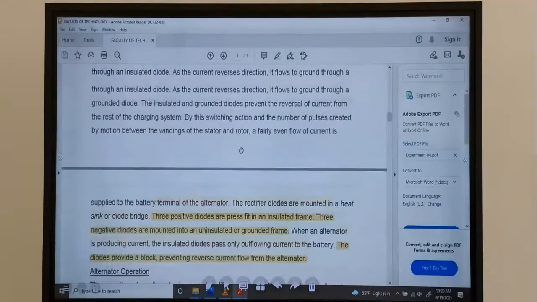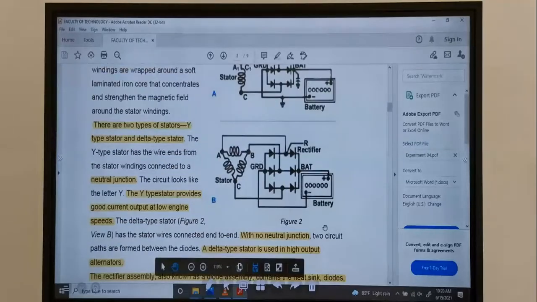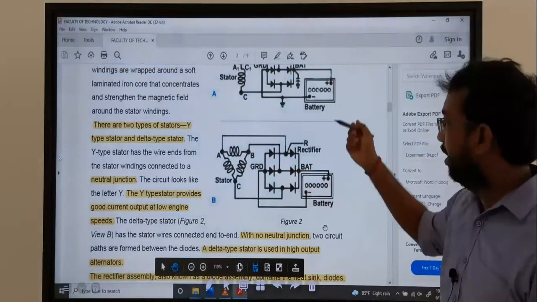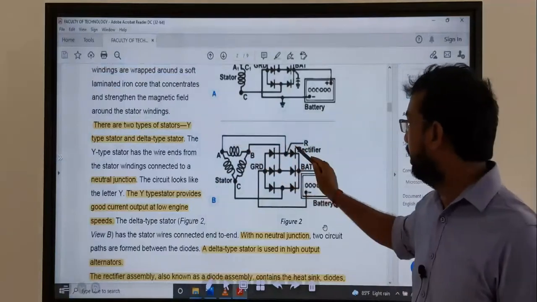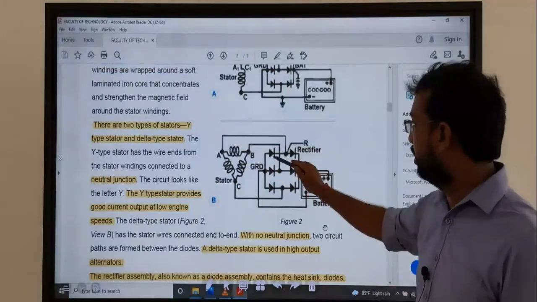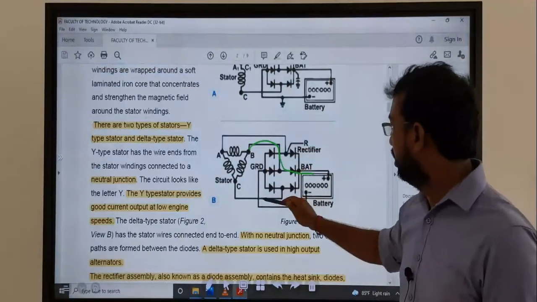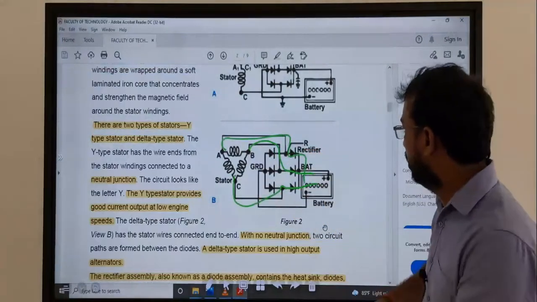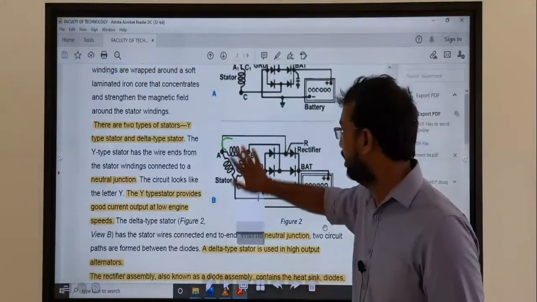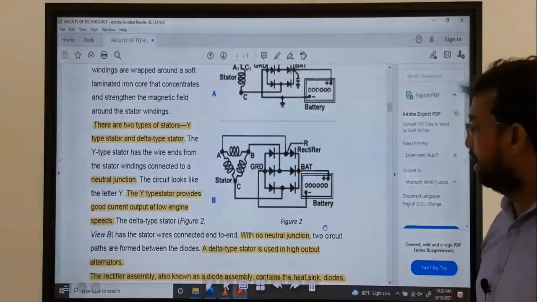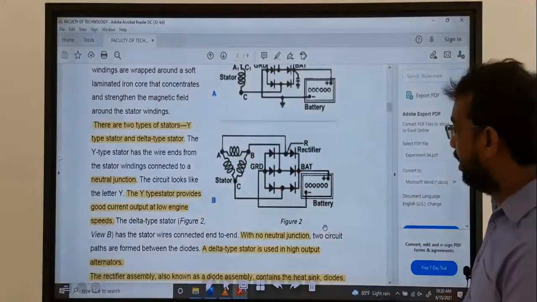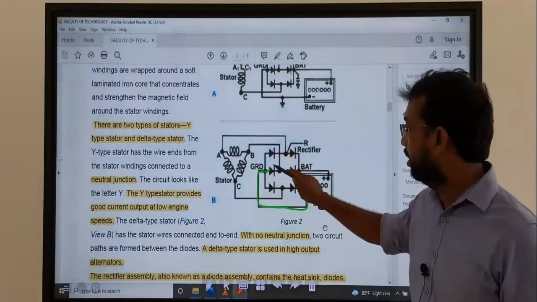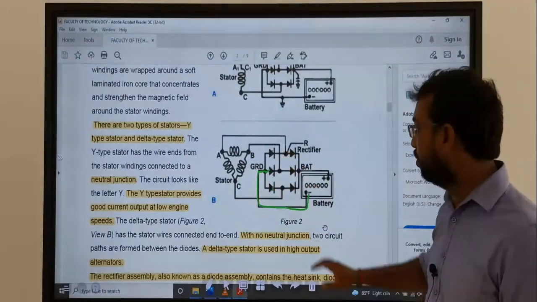So the diodes, that means here it's a ground diode we call. That means when the current comes from the plus point, it uses these three diodes. So this diode is related to the battery. After it comes like this and goes to the minus point, the current flows through these three diodes.